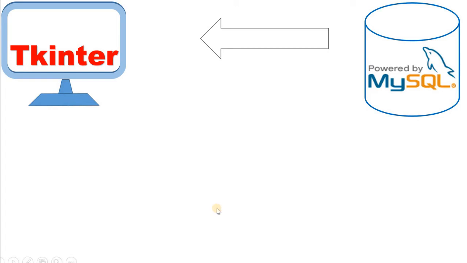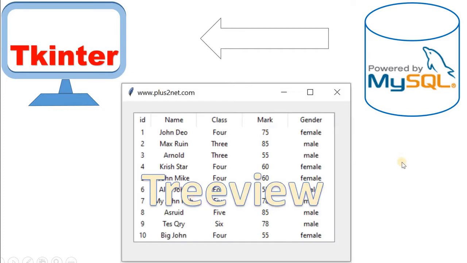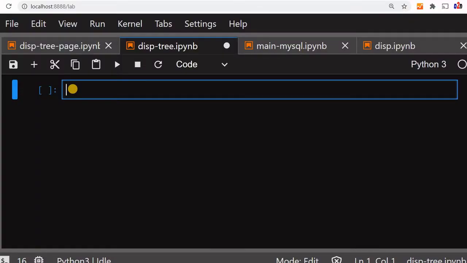Hi friends, we'll try to display data from our sample MySQL table in a Tkinter window. We have done this before also, but this time we'll use one tree view to display the data. We'll focus more on how to integrate the data inside a tree view than on an actual tutorial on tree view, which you can see in other parts also. We have explained how to manage tree views. We'll retrieve data from our MySQL database.